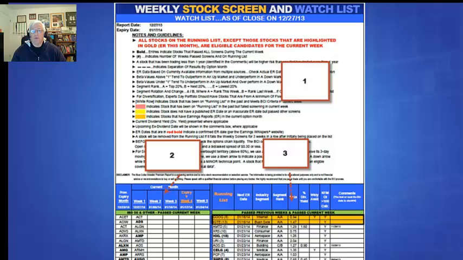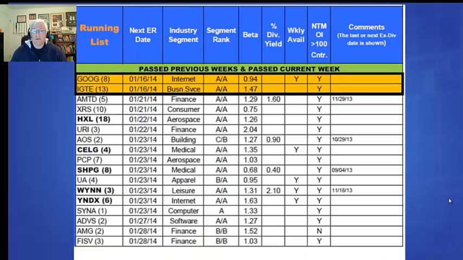So what we're going to do now is we're going to take a closer look at every aspect of the running list. And what we're going to do is we're going to go through the columns left to right, starting with the actual running list. And those are the stocks that are eligible for